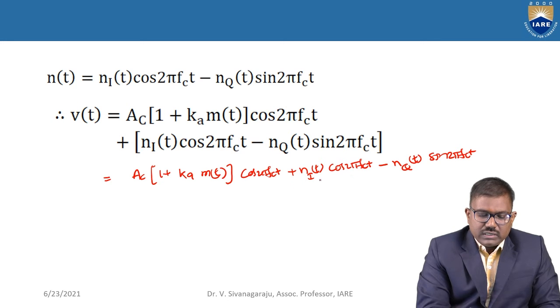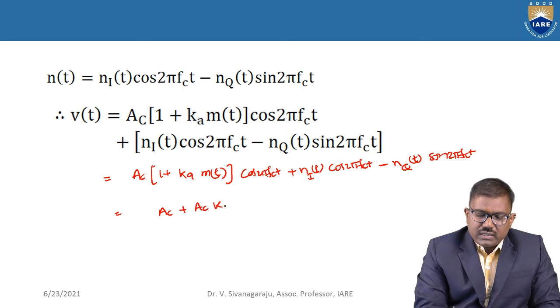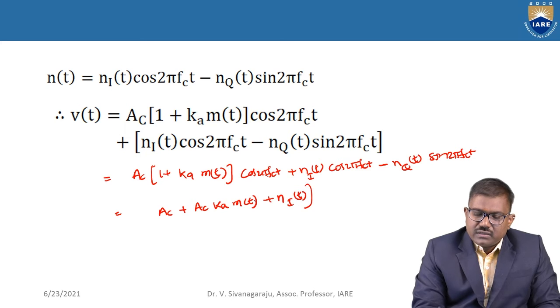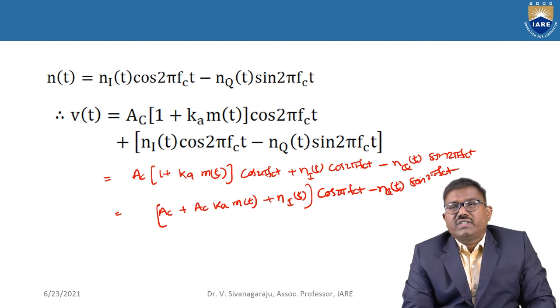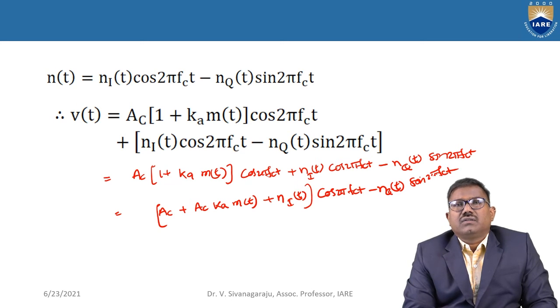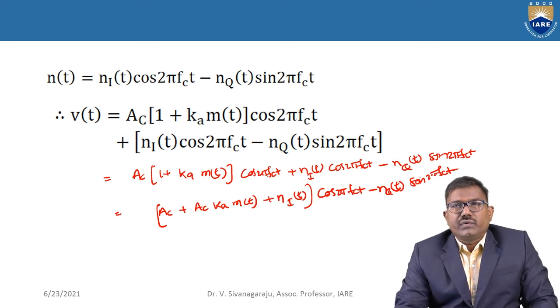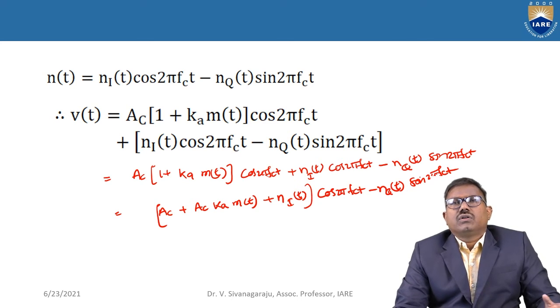So we get AC plus AC Ka m of t plus n I of t, into cos 2 pi fct minus n q of t sin 2 pi fct. So the last term, n q of t, is the quadrature noise component. Okay. So this V of t is going to be applied to the